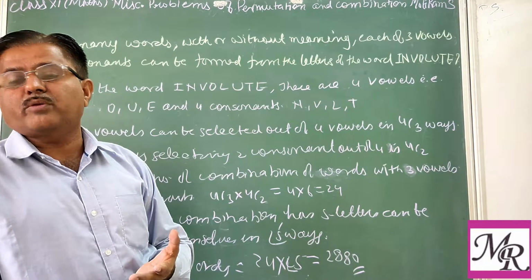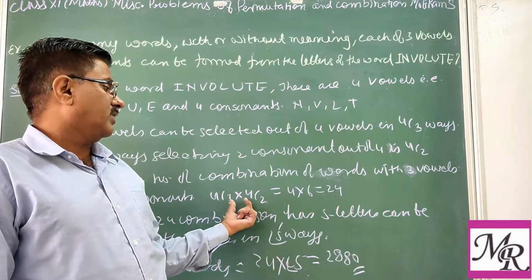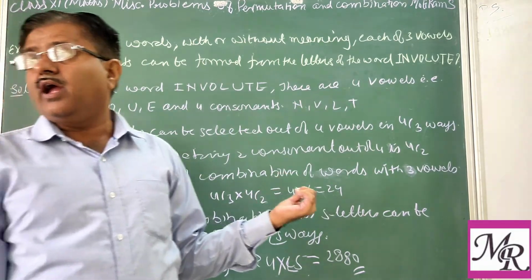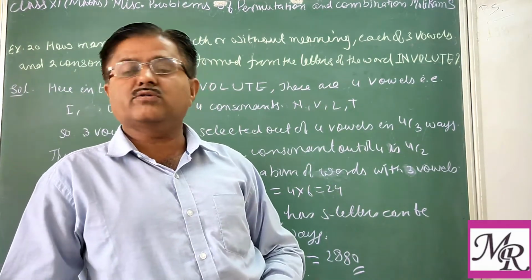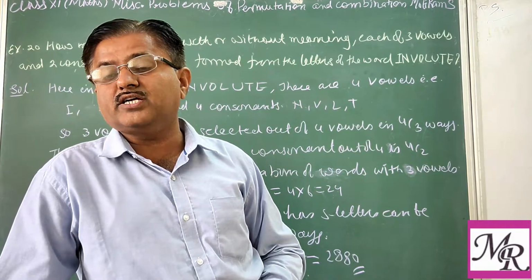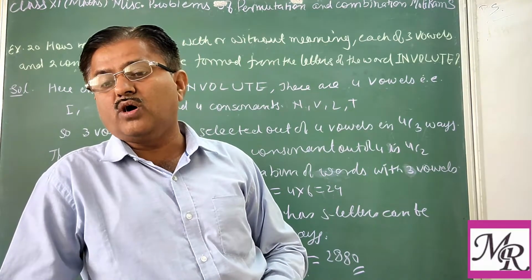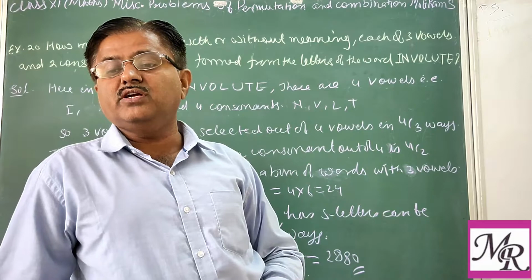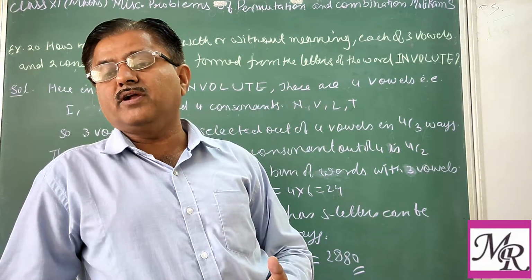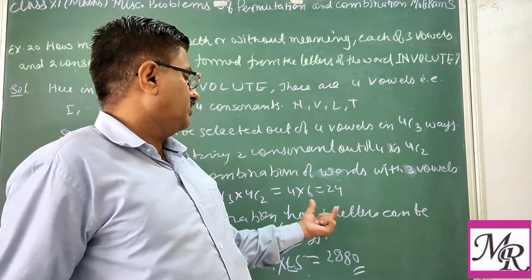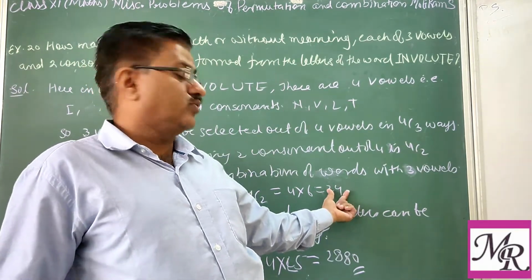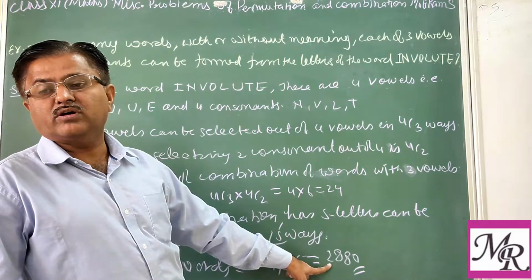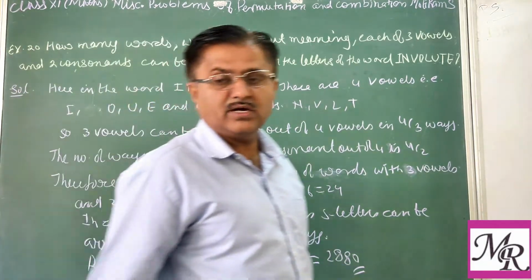So we use permutations, and we know that if n letters are given and we arrange all n letters, it will be factorial n. Here a 5-letter word can be arranged in factorial 5 ways. Each word of 5 letters can be arranged in factorial 5, and we have 24 selections. So 24 into factorial 5. So the total required words, with or without meaning, are 2880.